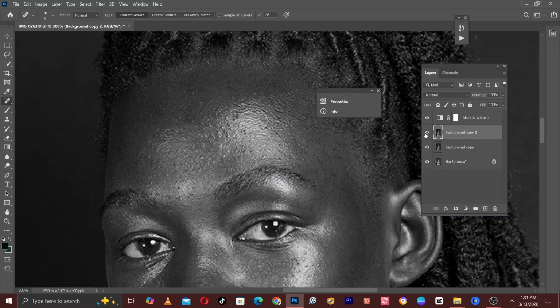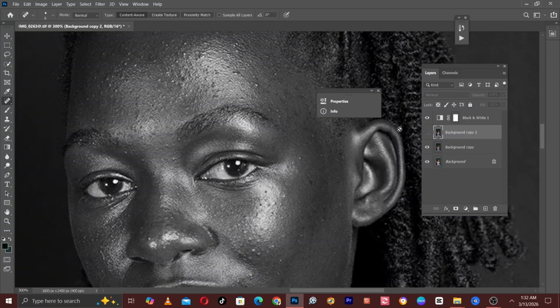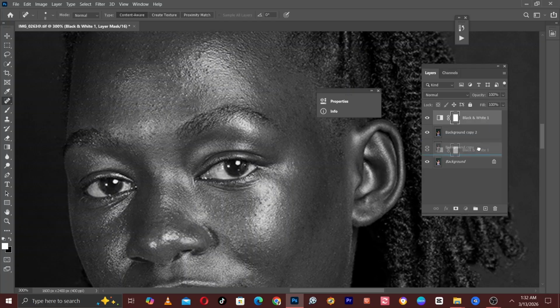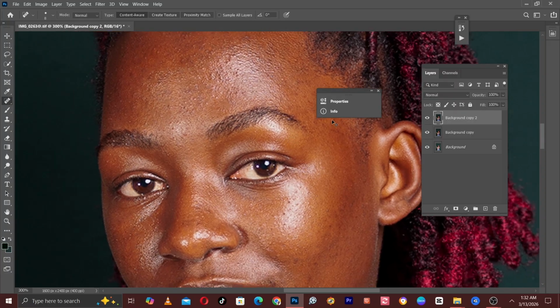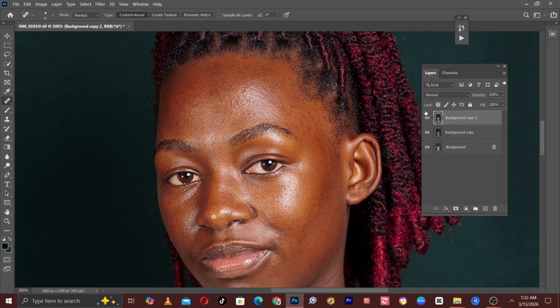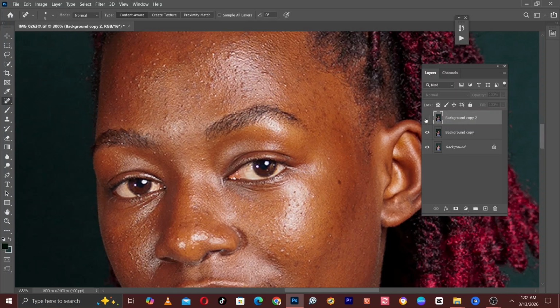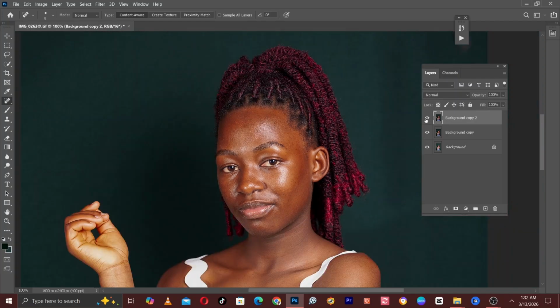So now you can see the before and then after. So far the before and then after, and after that you can come to this black and white layer and delete it so that you remain with the current layer. You can see the before and then after. So after that